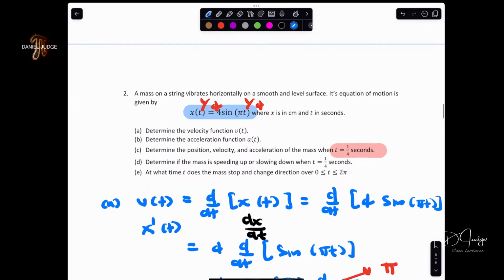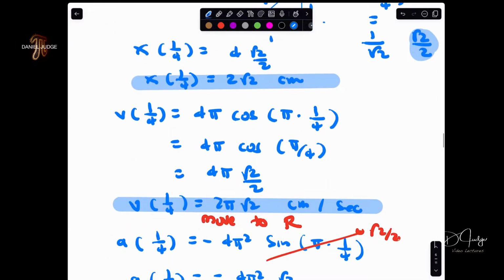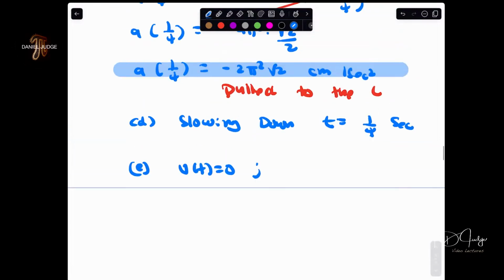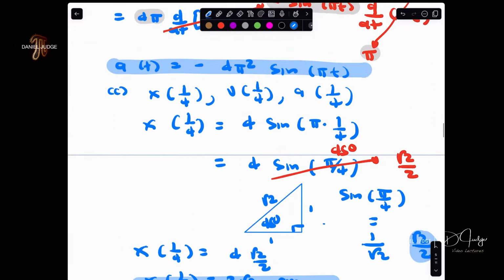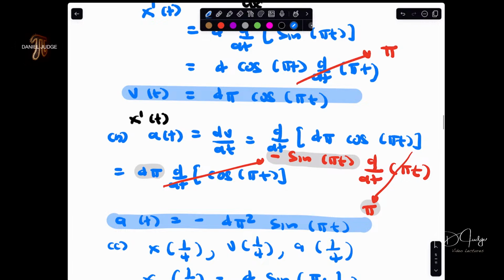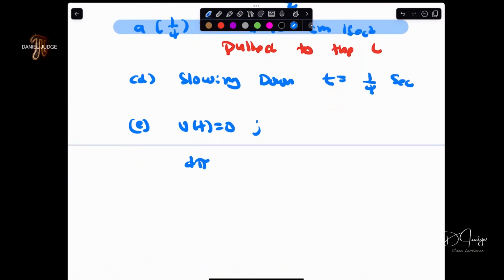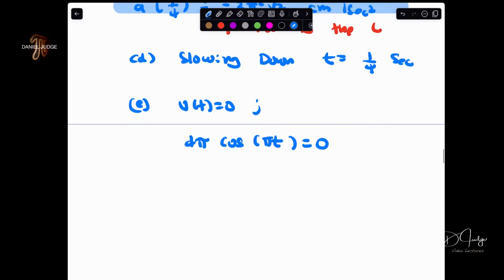Part E now. At what time t does the mass stop and change direction? The mass stops when velocity is 0. So velocity needs to equal 0 for the mass to stop. So we got to go to the velocity function, 4 pi cosine pi t. So we set 4 pi cosine pi t equal to 0. If we divide both sides by 4 pi, we can say this means cosine pi t